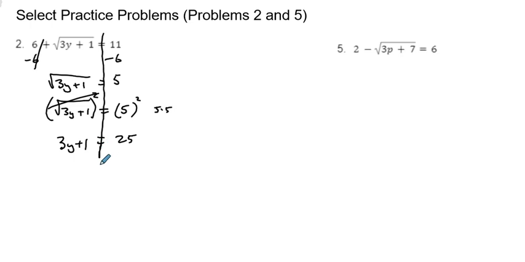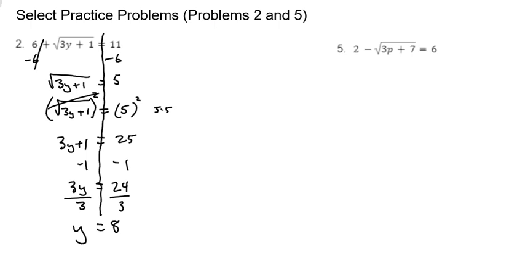All right, now we have 2 more steps before we're finished with this, right? So what we'll do is we'll subtract 1 from both sides, okay? So we get 24. And now we have 3y, and in order to get y by itself, we have to divide. So, you know, a few steps on this, right? But that's how these go, right? So you get y equals 8,